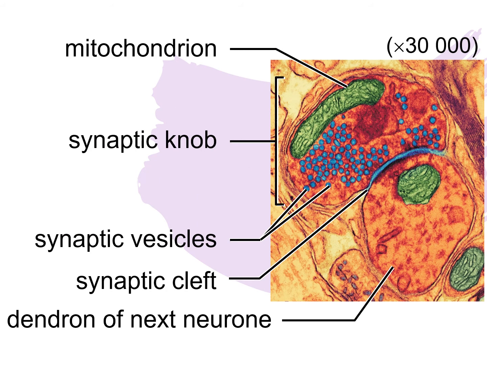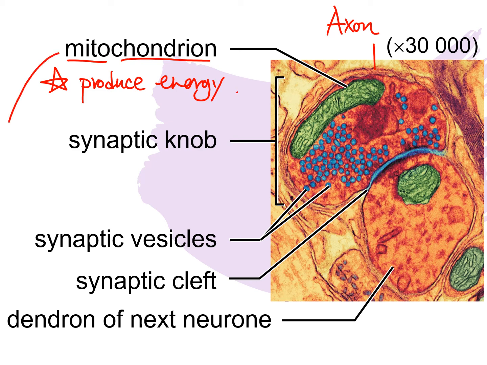The photomicrograph below shows you the synapse under an electron microscope. The site with many mitochondria is the axon. You might wonder, why would there be mitochondria in the axons? This is because the mitochondria help to produce energy for the synthesis of neurotransmitter